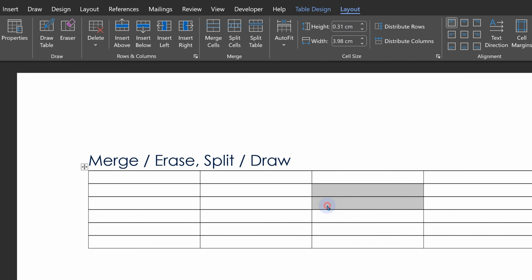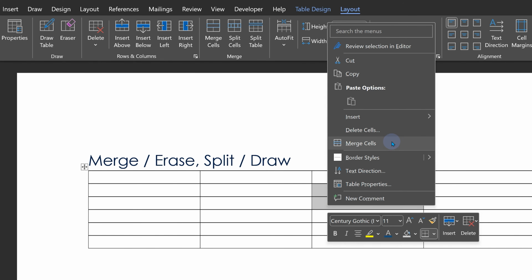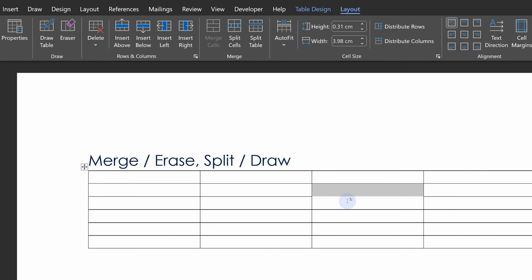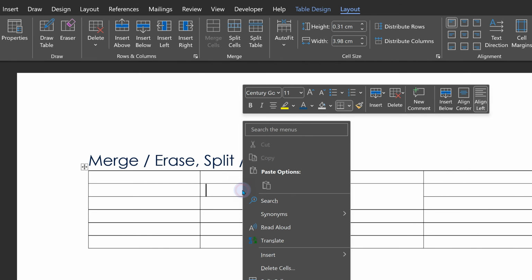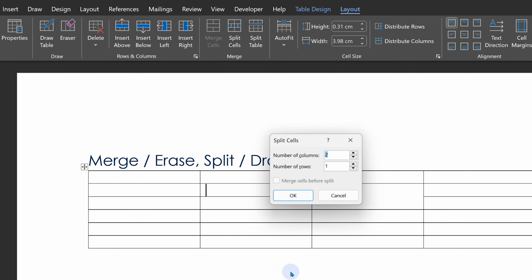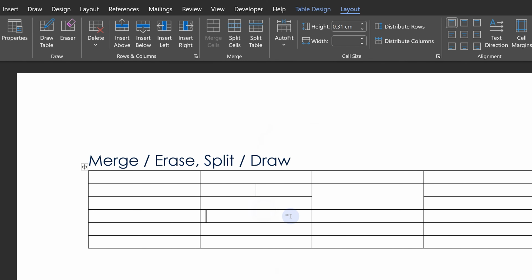Merge cells and split cells. I think these are very common operations. But really, when you merge cells, that border is getting erased. And when you split cells, there is an extra border being added wherever the split occurred. And why is it important to know? Because once you know it, you can start